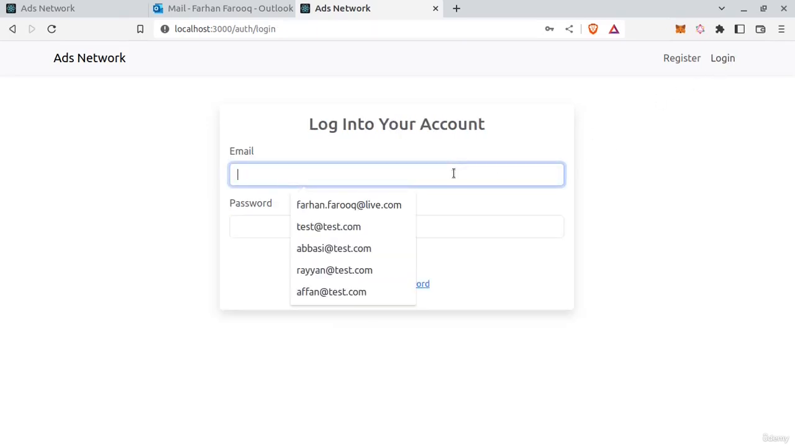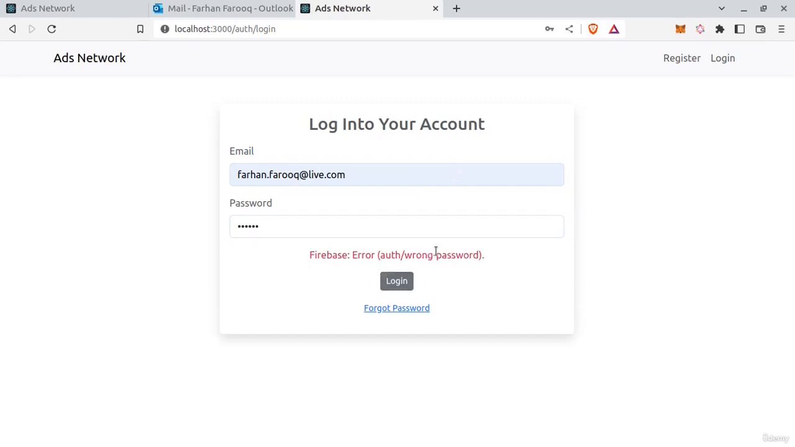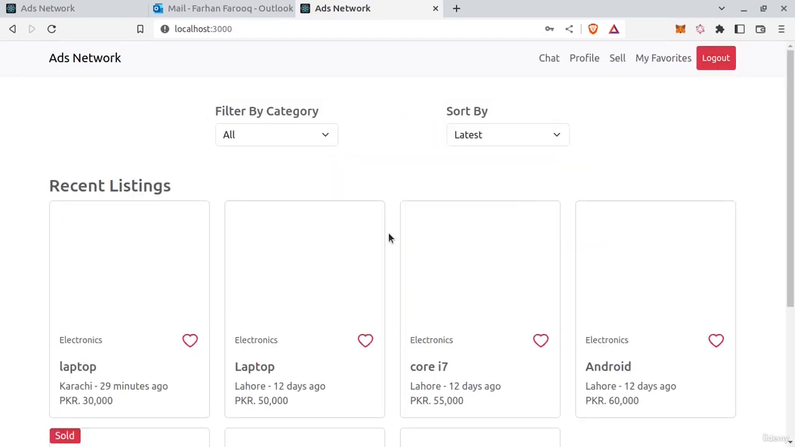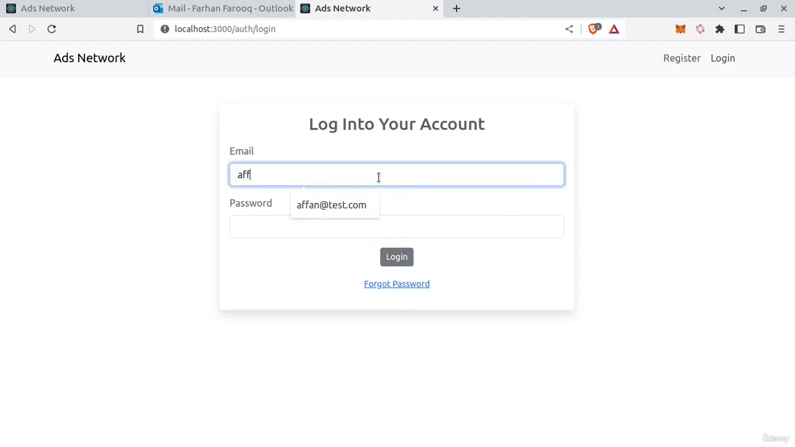And here if I try to log in with old password 123123, login, Firebase error, wrong password, and with new password, test 1234. Now I can log in. Also,